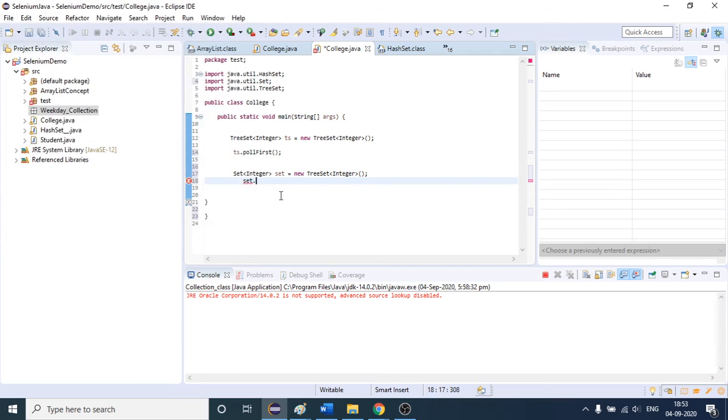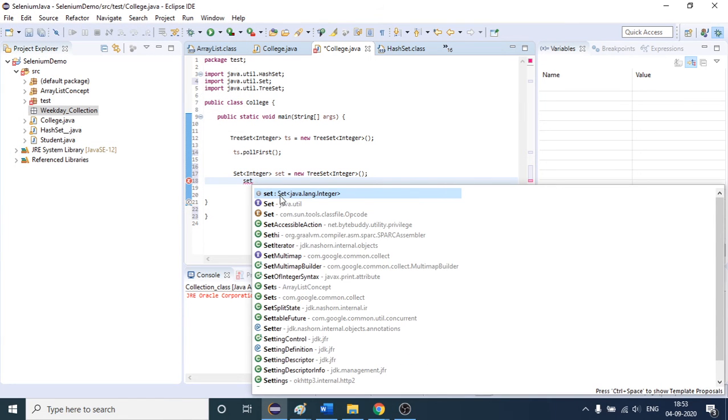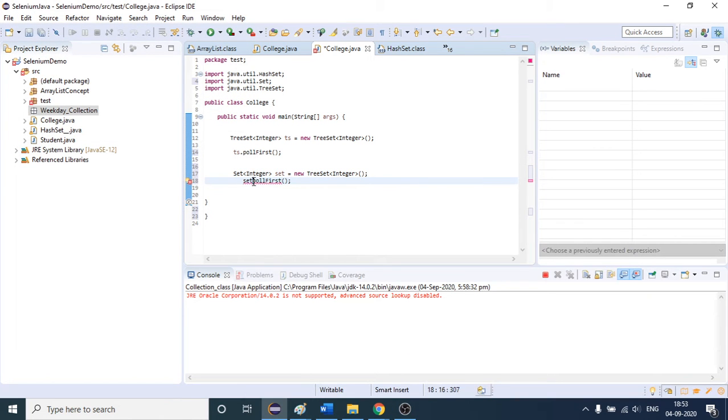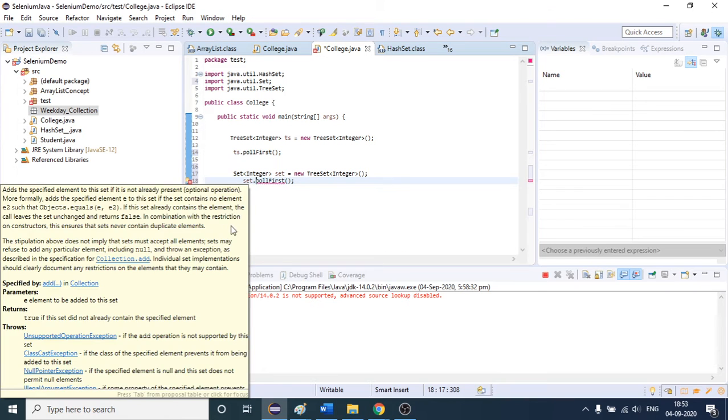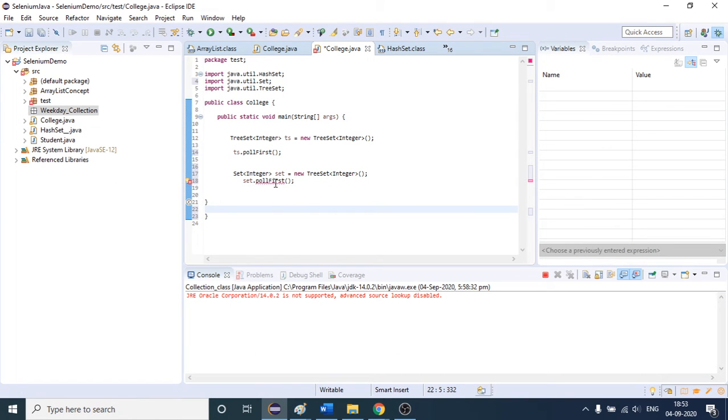Let me write it like this. If I put dot, you can see it started throwing an error, because this line is saying that you can execute each and every method present in this class. This pollFirst method is a method of this class TreeSet.